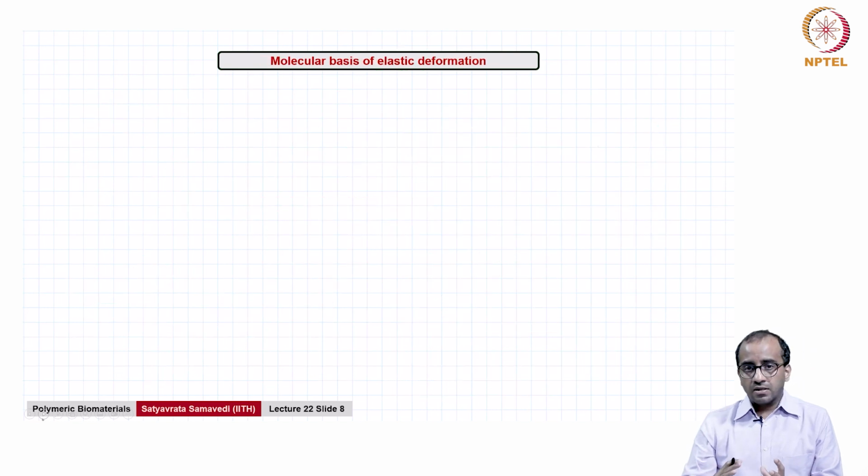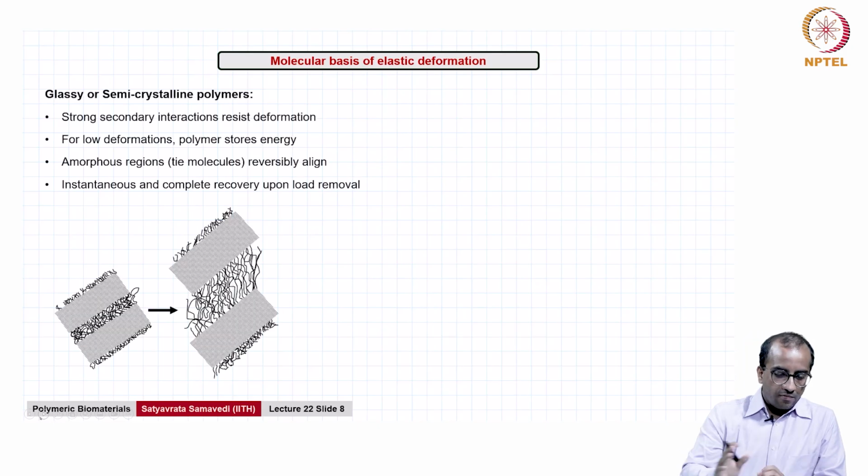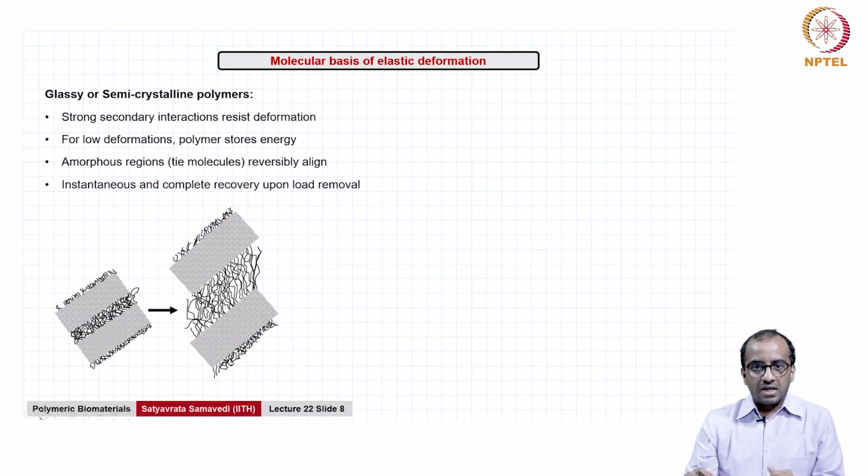Now, having looked at what happens in the bulk, we are now going to try and connect this to what happens in the microstructure. So, we are going to look very briefly at the molecular basis of elastic deformation. We are going to look at a qualitative picture of this. And we have at least 2 versions. So, you can take glassy amorphous polymers or semi-crystalline polymers as one example,